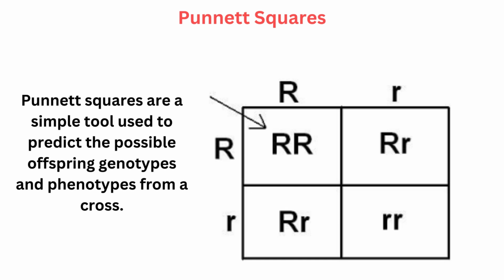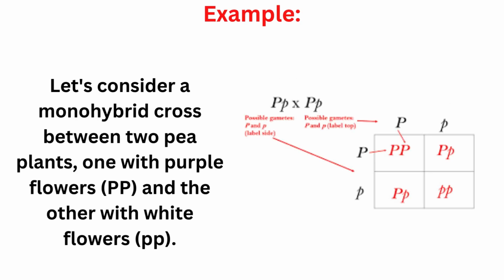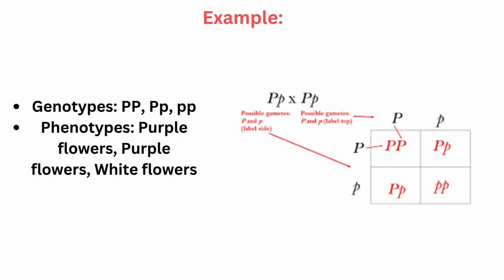Punnett squares. Punnett squares are a simple tool used to predict the possible offspring genotypes and phenotypes from a cross. Example: let's consider a monohybrid cross between two pea plants, one with purple flowers, PP, and the other with white flowers, pp. Genotypes: PP, Pp, pp. Phenotypes: purple flowers,